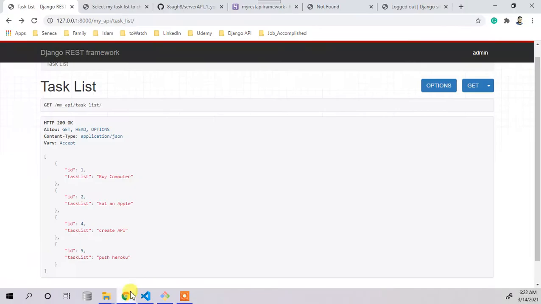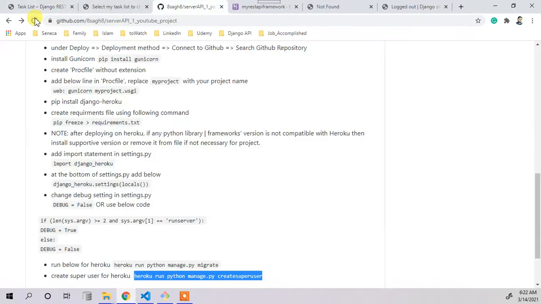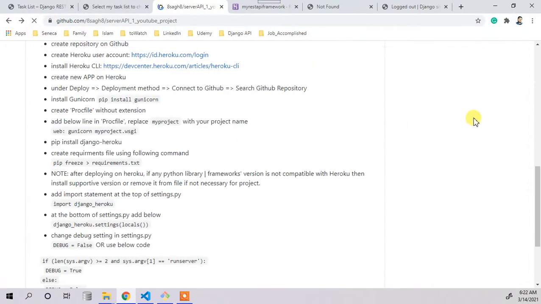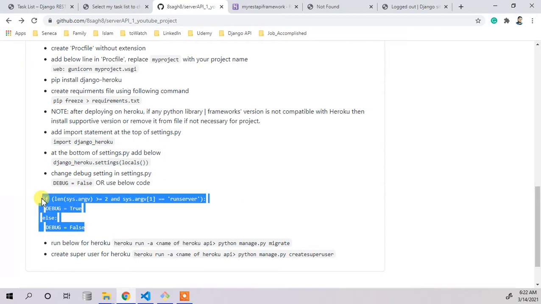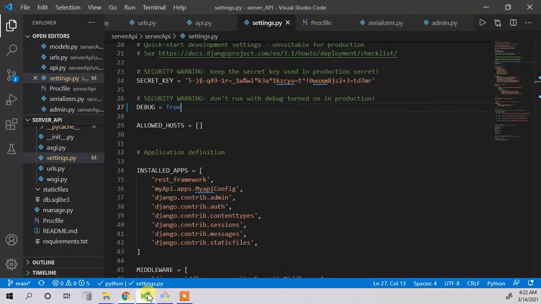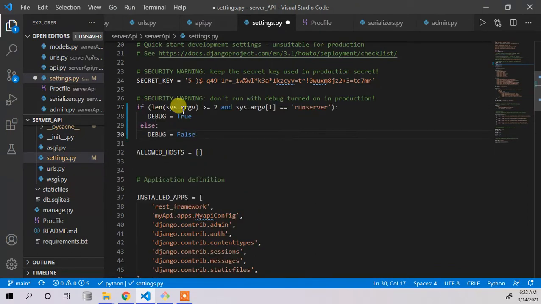So I said that we can do one more thing. If we go down, we take this piece of code, because it is a bit of a hassle to switch between both, and if you don't remember, then you have to save it again and push it again and do all this stuff.